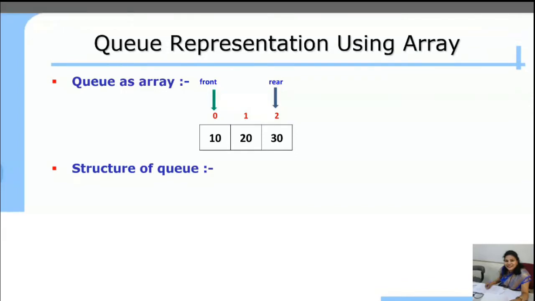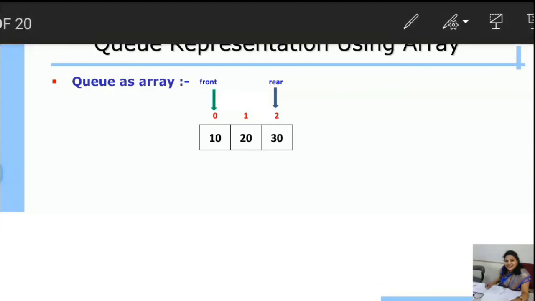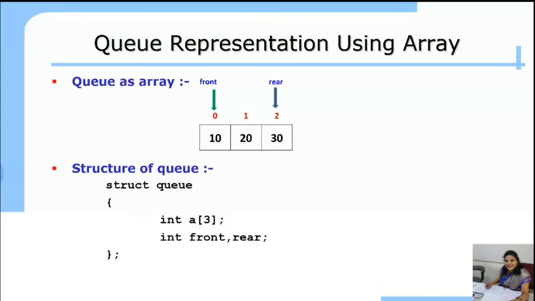So likewise, we are going to write the structure. This is the structure of queue. Struct queue, where queue is the structure name, one array A of 3 because the size of the queue is 3, and front and rear.